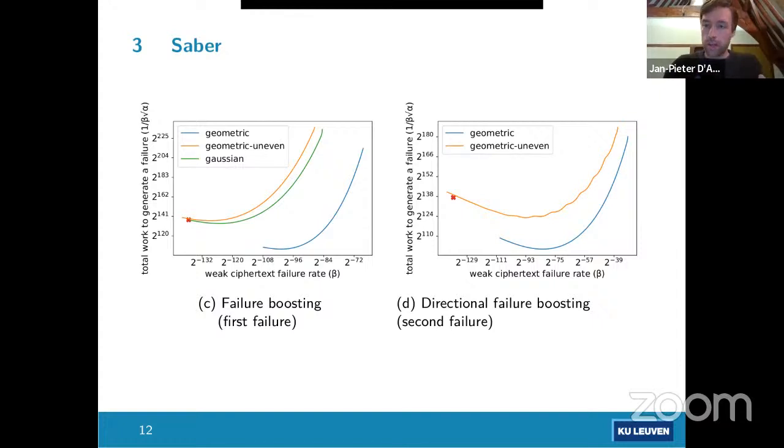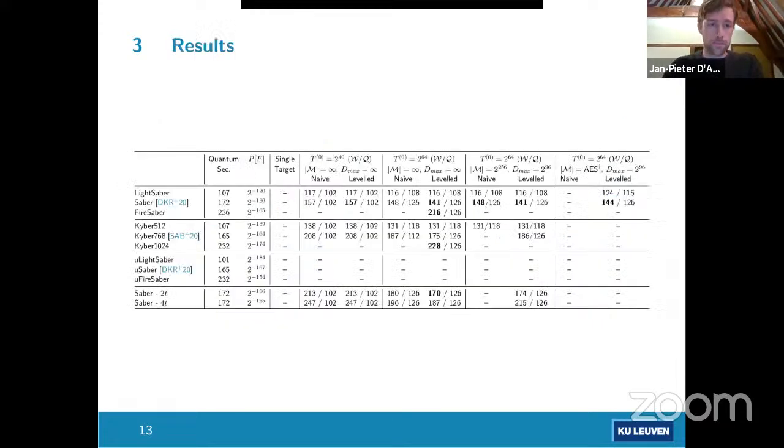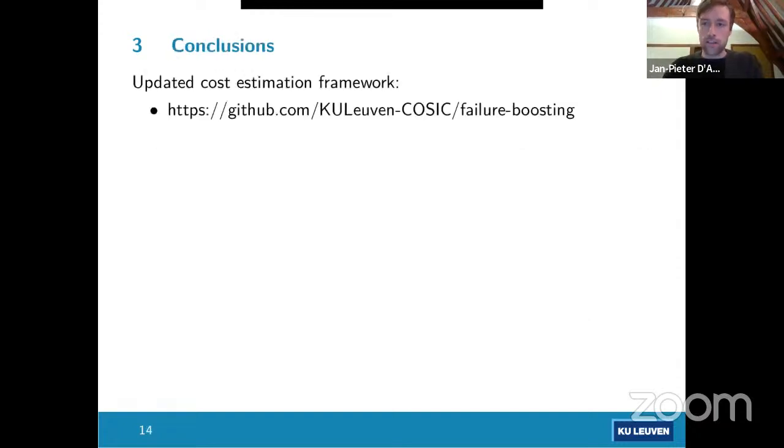So it was correct for this Katana simplified scheme, but not correct for Sabre and Kyber, and we corrected that in our paper. So we have a lot of numbers in the results. If you want to understand these numbers, understand this table, I would recommend you to read the paper, especially the last part. We really try to explain the attacks in detail, or the effects of the attacks in detail.